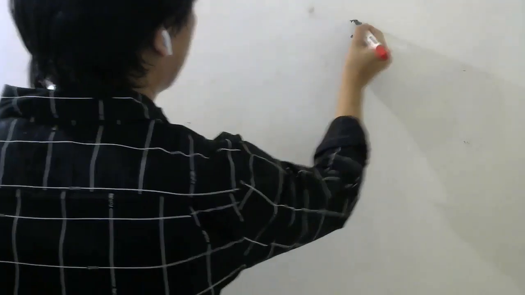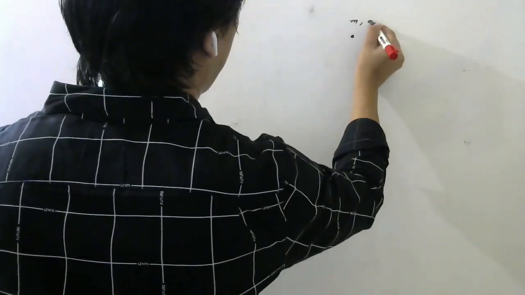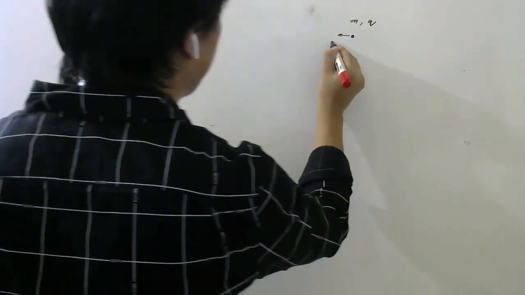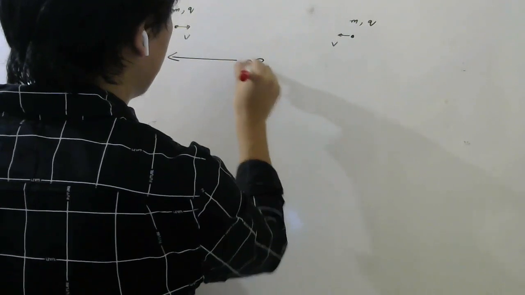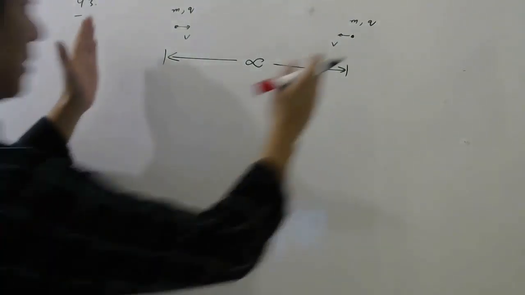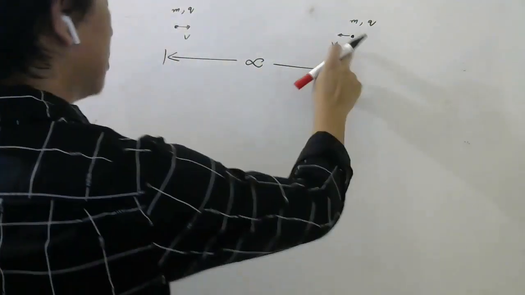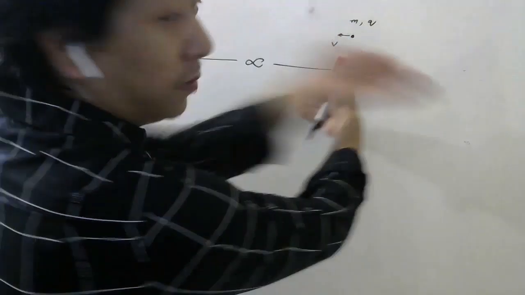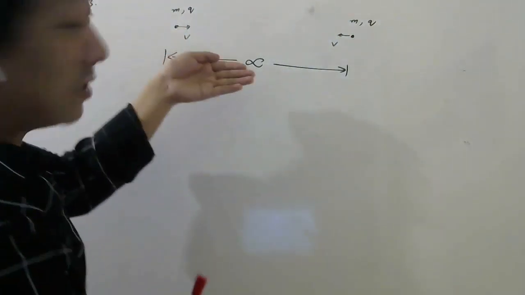So look here, very interesting question. Question number 43 says like this. There are two identical particles, mass is m for both of them, charge is q. They are thrown towards each other with speed v. And this distance right now is very large, so you can consider it as infinity. Now as they come towards each other, what will happen? This will repel this, this will repel this. So the motion is this side, but the force on this will be opposite. Similarly, motion of this is this side, force will be opposite.